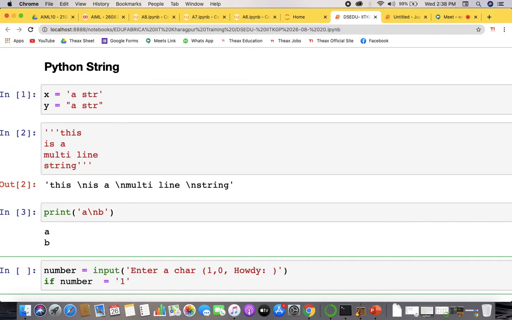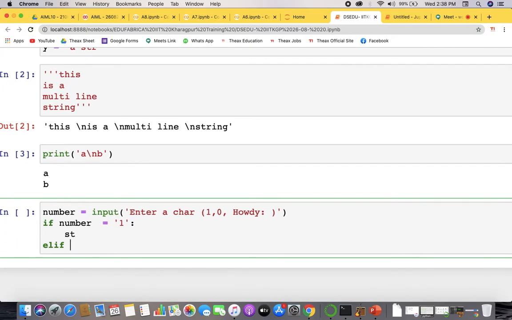Then with elif you can check the next condition, and then the 0 case. If the number is 1, print the respective statement, and if it is not 1, see the next condition.